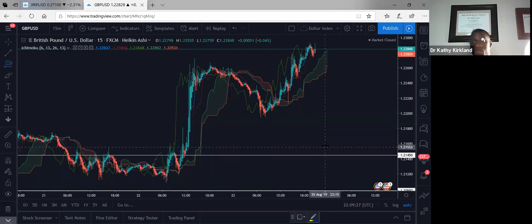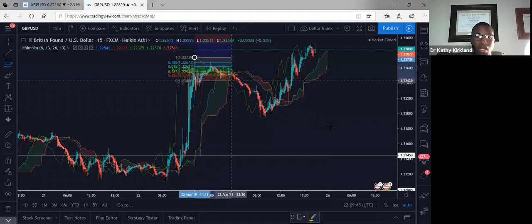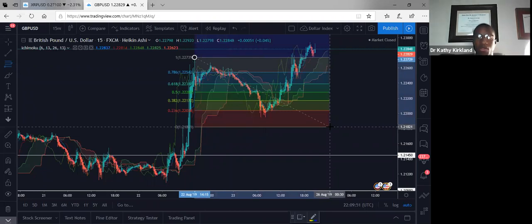So you look at your swing highs and swing lows. I don't need to really go over the swing highs and swing lows because that's common sense, but if you need me to go over it, I'll find time to do a video on that. So look at your swing high, and then look at your swing low. When you're looking for your swing low, you want to look at what has already happened in the past. Most people will put their swing low right here. Well, if you look to the left,